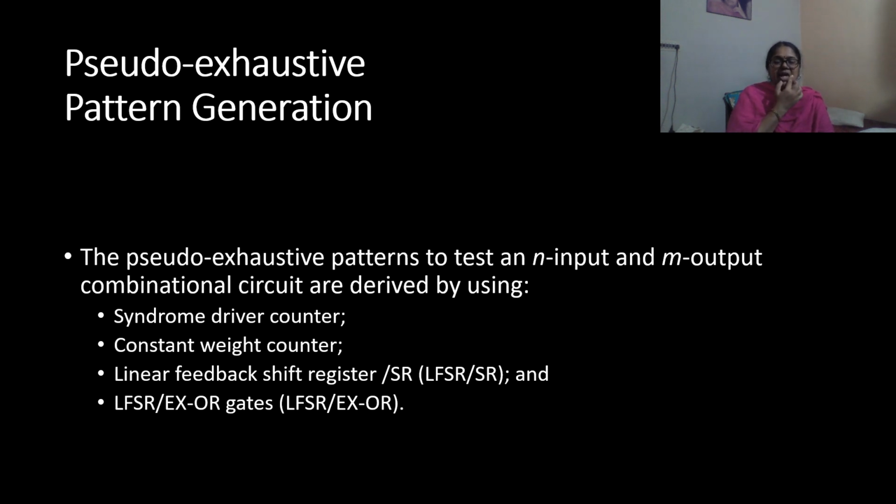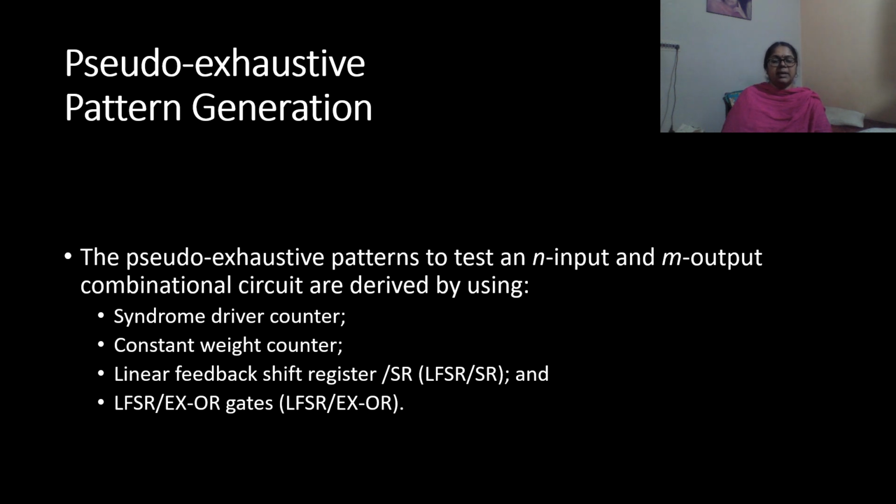The syndrome driver counter method checks if P inputs, where P is less than the original n inputs of the circuit under test, can share the same test values with the remaining n minus P inputs.